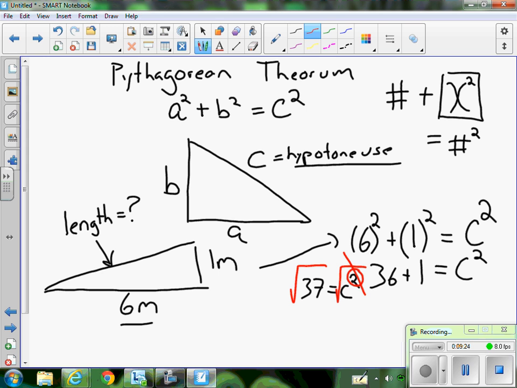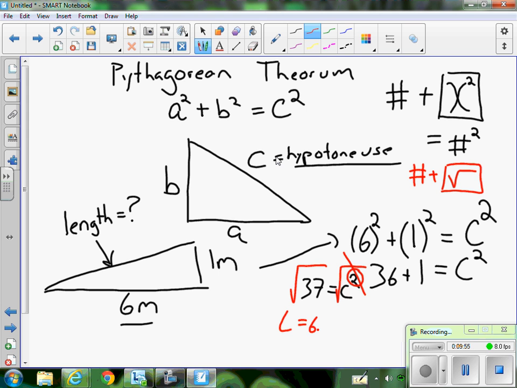Now again, on your calculator, you're going to be looking for a button that probably looks like that. And you'll either have to put in the number plus the square root, or sometimes you have to do the reverse and you have to go square root and then the number. Okay, so let's do that right now. Let's take the square root of 37. Okay, and I get